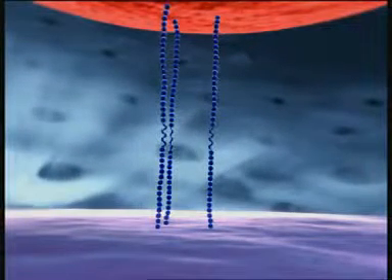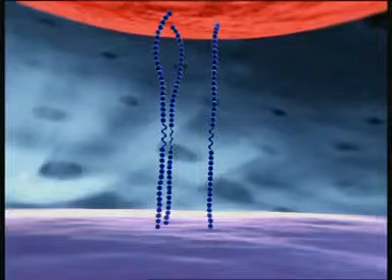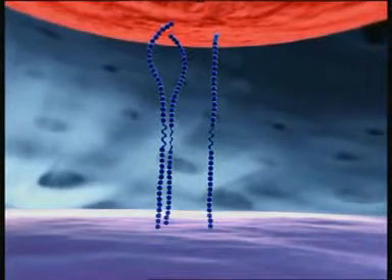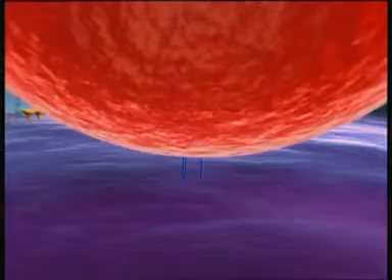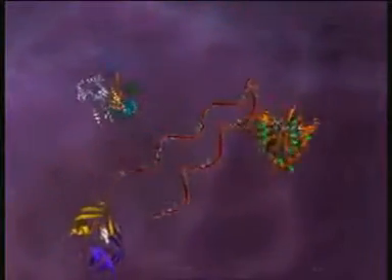GP41 then folds back on itself. This draws the virus towards the cell and facilitates the fusion of their membranes. The viral nucleocapsid enters the host cell and breaks open, releasing two viral RNA strands and three essential replication enzymes: